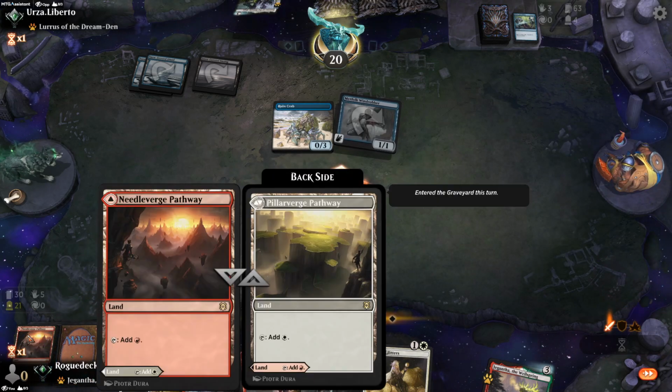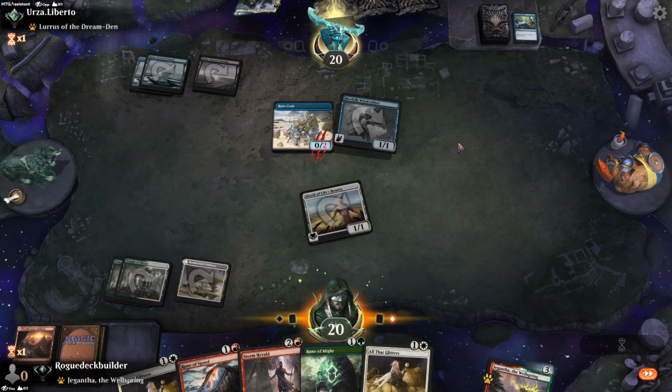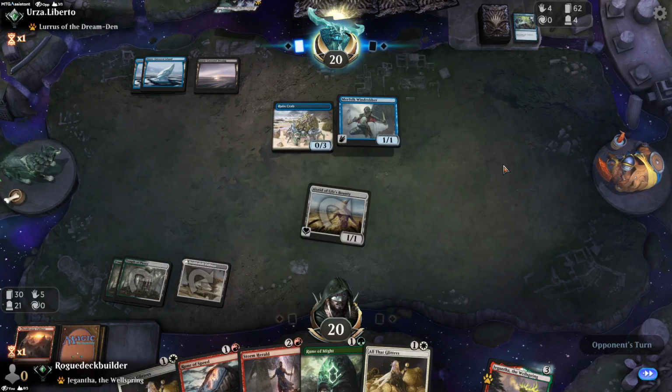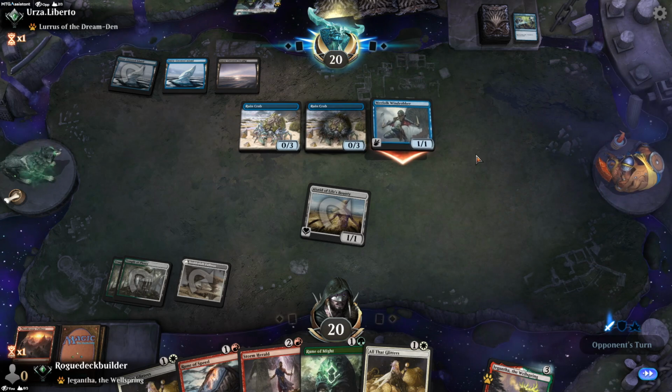So there's another red source. How many red sources do I have left? 1, 2, 3. We have some crags still left. But what? So ridiculous. Yeah, really on the counter route here. Another Ruin Crab. So if my opponent does tap out, though...